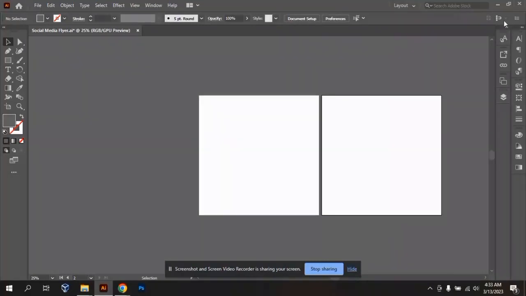One, layout workspace area actually provided me with everything I need to work with as a graphics designer. Remember, I told you that we have different workspaces for different use cases in Adobe Illustrator. It doesn't mean that if you click other workspaces you are not going to get your work done. No, it doesn't mean that,